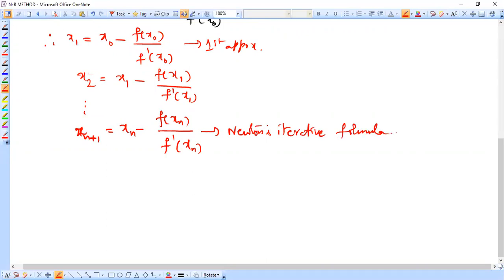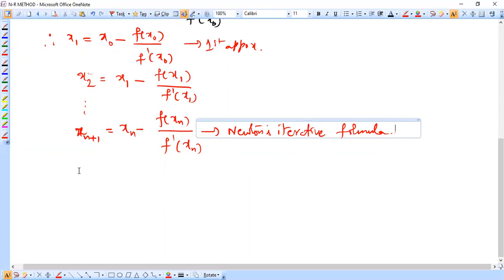So what is our formula now? Xn plus 1 is equal to xn minus f of xn by f dash of xn, right? And this works well when the initial approximation is very close to the actual root. And one of the important advantages of the Newton-Raphson method is that it converges fast compared to all the